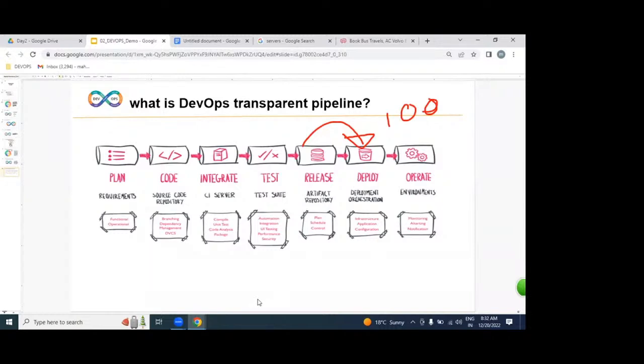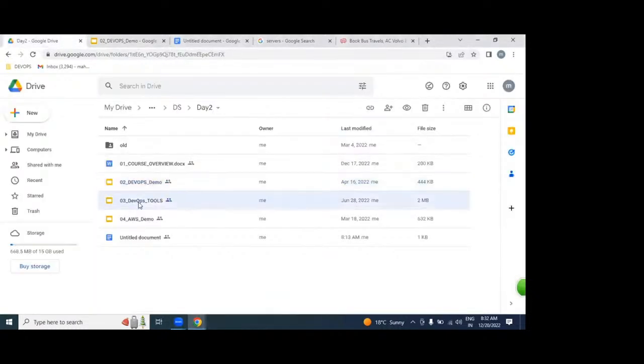This entire process we call the DevOps process. For implementing this DevOps process, which are all the tools we are going to be learning, guys? Please, anybody help me. Let us list them down, guys. For implementing this DevOps process, which are all the tools we are going to be using, guys, please? Let it load.